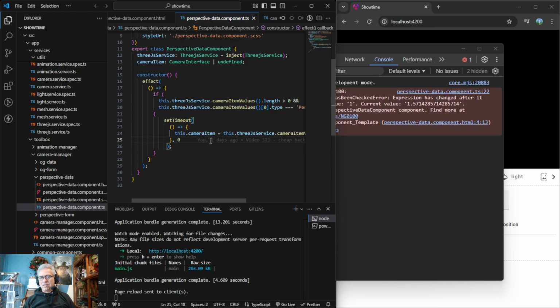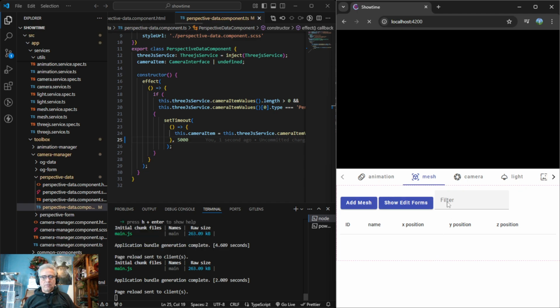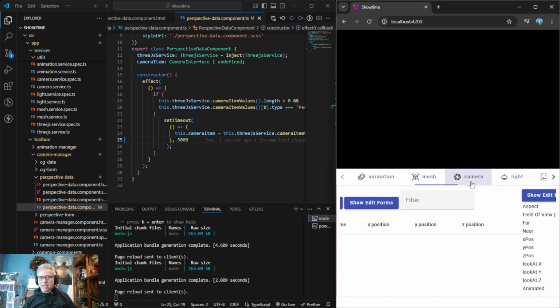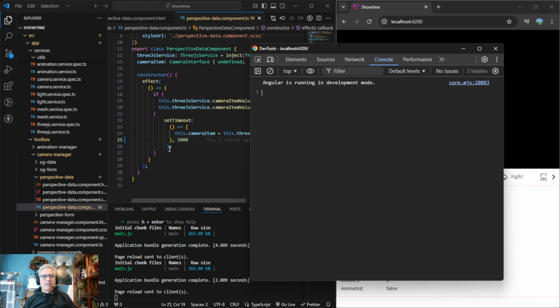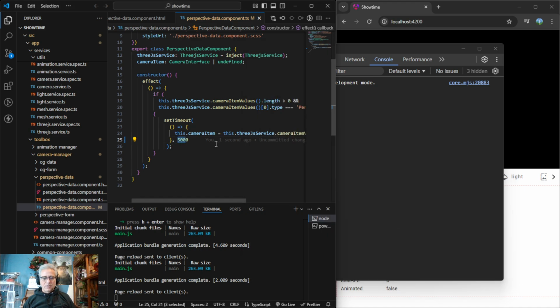So you see, we got it this time when I turn it to 0. Now, if I change it back to 1 second, well, let's make it like 3 seconds so we can see, or 5 seconds. 5 seconds is kind of a long time, but we'll wait for it to reload, and we'll come over to the camera and you see that there's nothing there, and now something showed up. Because it waited 5 seconds, we never got the error. Now, if I make it 0 seconds,